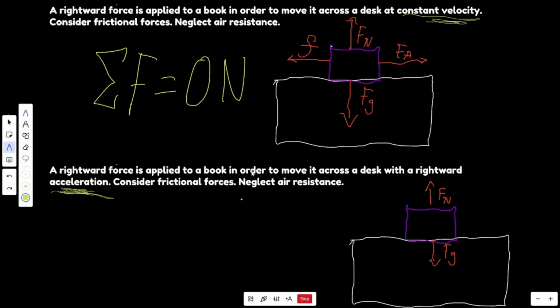So a rightward force is applied to a book in order to move it across the desk with rightward acceleration. The difference here now is it's no longer constant velocity or constant motion. That means now there is going to be an imbalance. Another way to think about it is friction cannot keep up with the applied force. So we're overpowering the friction. Because if we're underpowered and we cannot get past friction, then obviously the box won't move. If we're able to go just equal to friction, then it's still not going to move. It's still going to cancel out. Being a little bit greater would mean that it's going to be